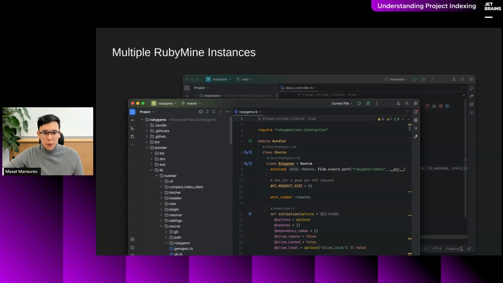Yes, because when you are using multiple windows on the same instance, all of that stuff is shared. So some caches will get too large and they will be cleared, and this will affect the other project. So yeah, there is an option to use multiple instances on the same machine, and it will be very beneficial.